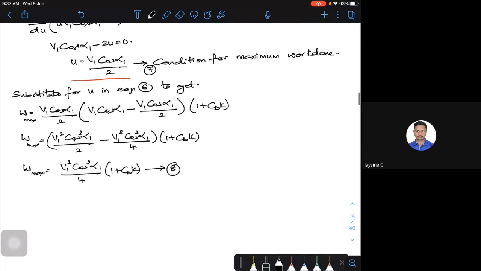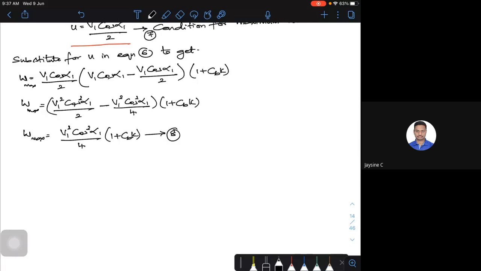So now for the D level condition. For the D level turbine, VR1 is equal to VR2 and beta 1 is equal to beta 2. What will happen for both conditions? Then your cb is equal to 1, and k is also 1, since VR1 and VR2 are the same, and cos beta 1 and cos beta 2 are the same.